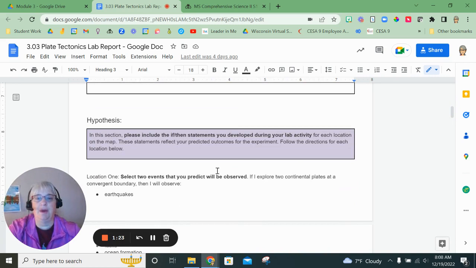Then for your procedure, you don't need to list what you